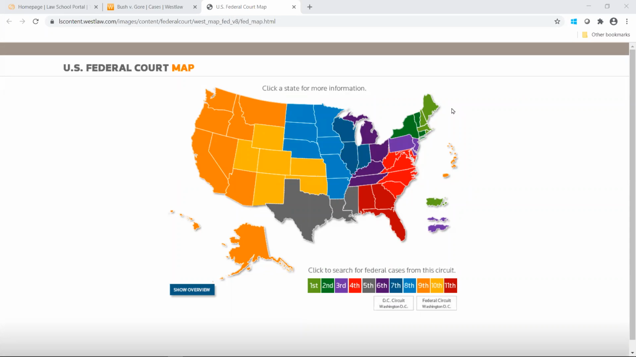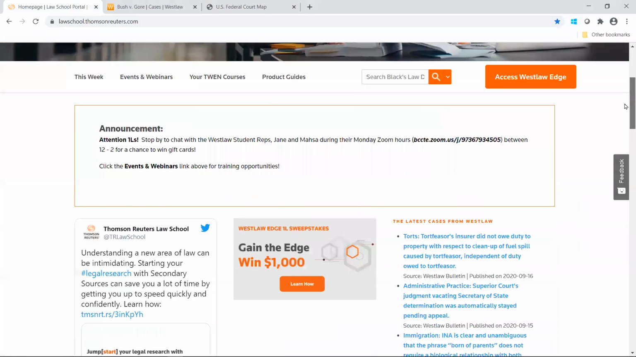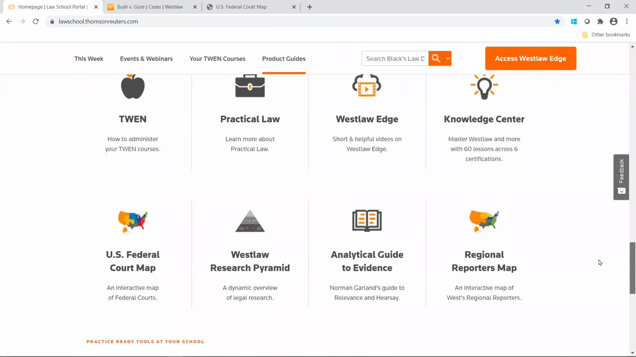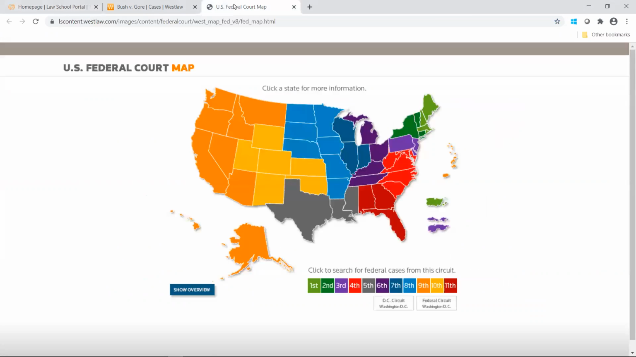Before I get into the actual substantive part of the session, I wanted to point out a couple of maps that will aid in your understanding of reporters and federal jurisdictions. When you're on the law school portal, lawschool.tr.com or lawschool.thomsonreuters.com, if you scroll to the bottom, you're going to see that you have access to a federal court and a regional reporter's map. They are interactive in the sense that, if you wanted to take a look at any of the